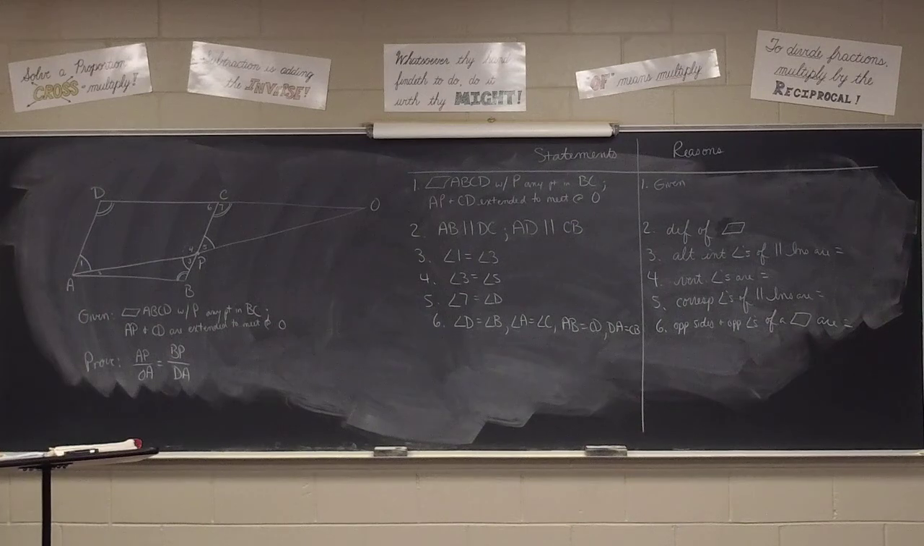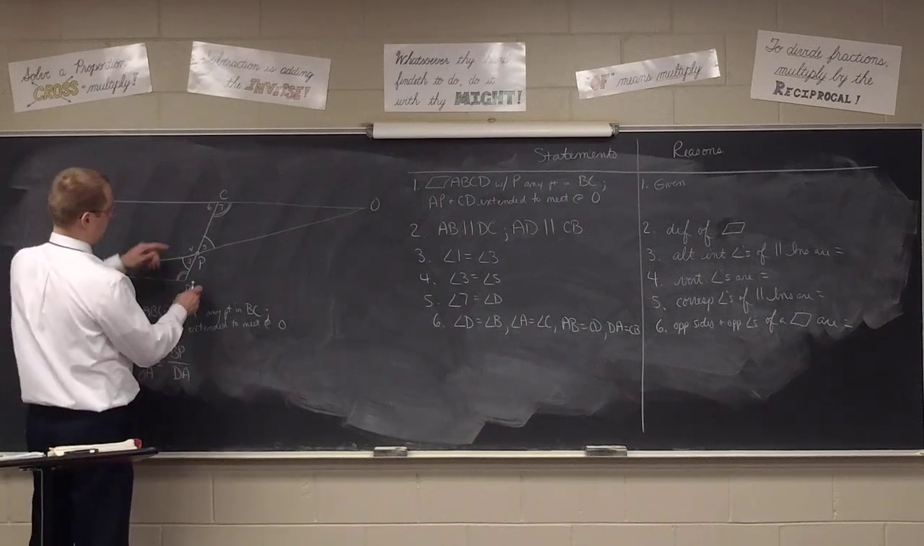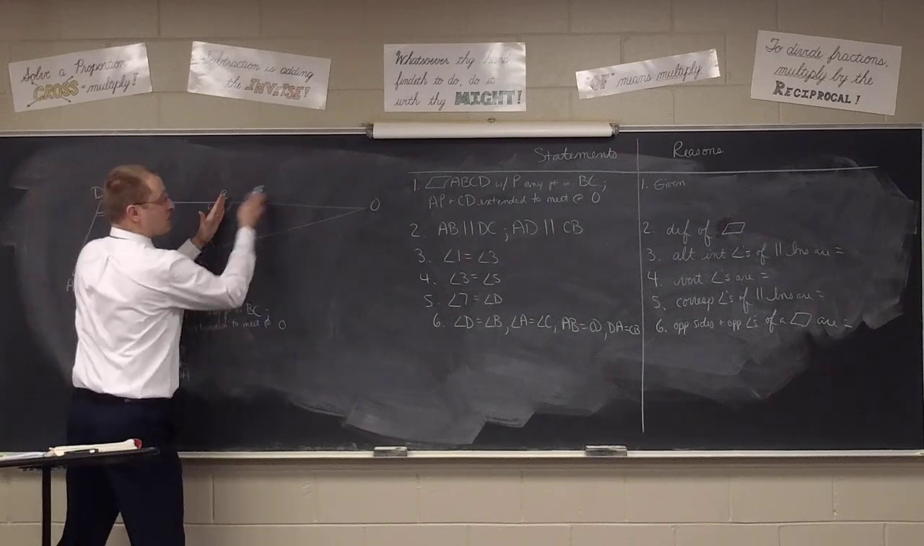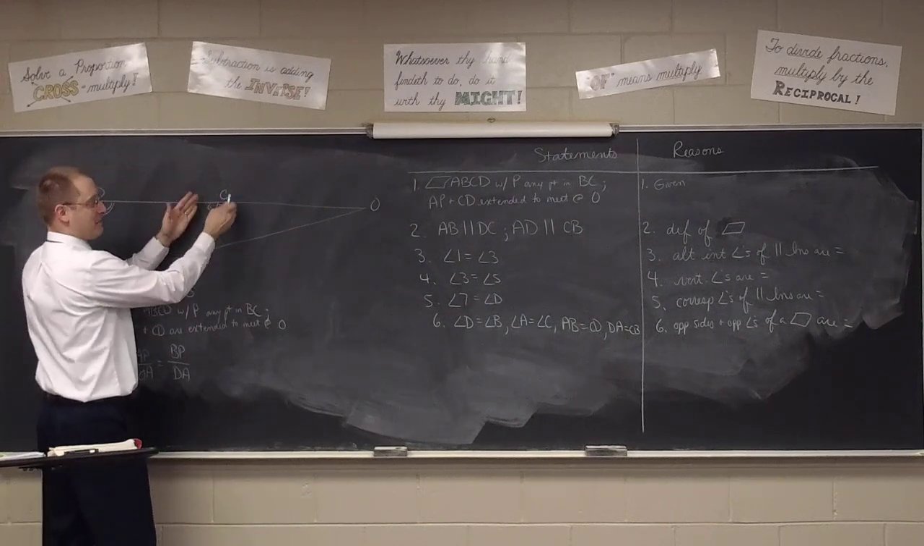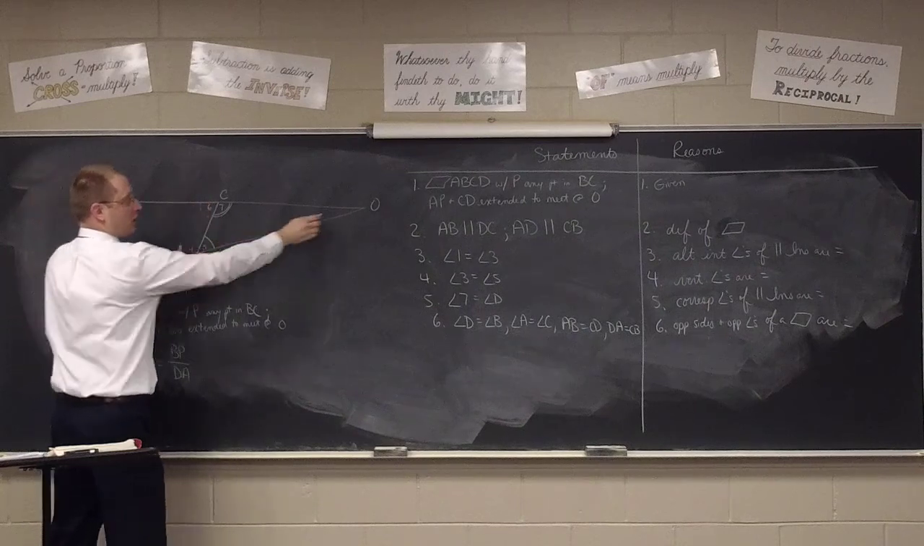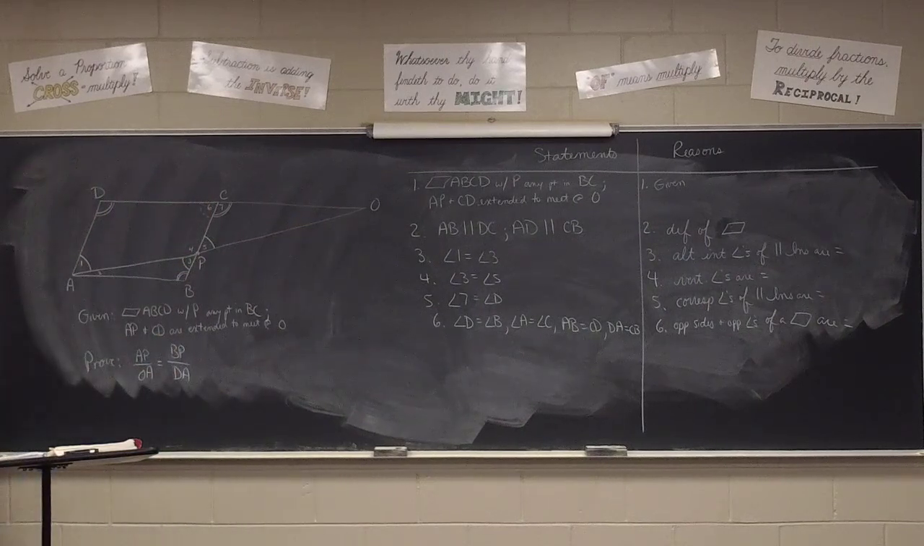Would 6 equal 5? No, because 6 is also exterior to this triangle. Right? Here's a triangle. This is an opposite interior angle like O. So no, 6 is bigger than 5. It's equal to 5 and O put together, I suppose. But anyway, there's another pair of angles. Jamie, you look like you're thinking of something. Is 1 equal to